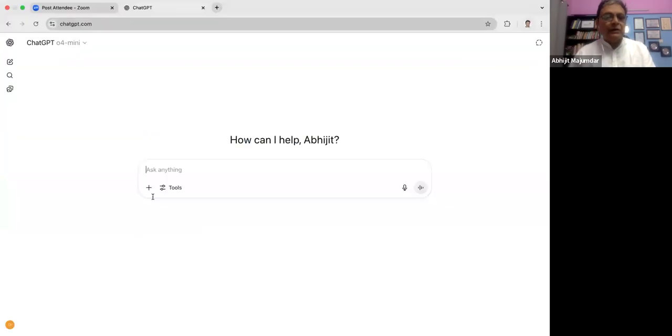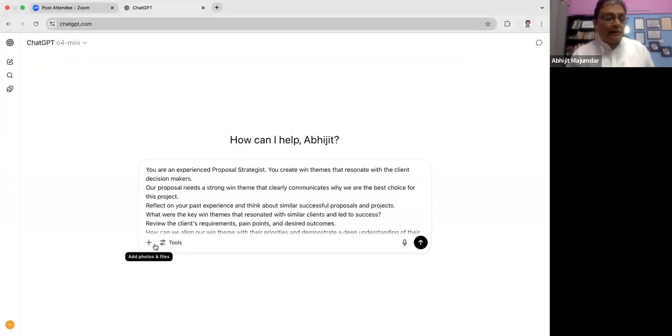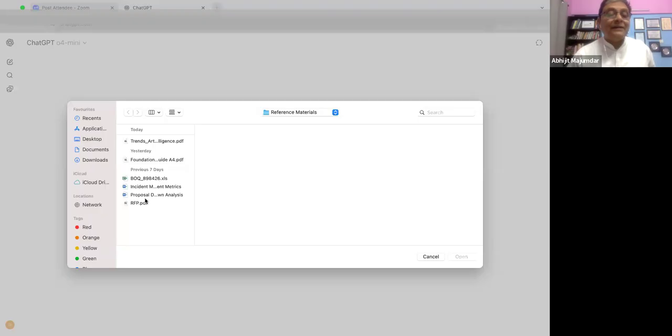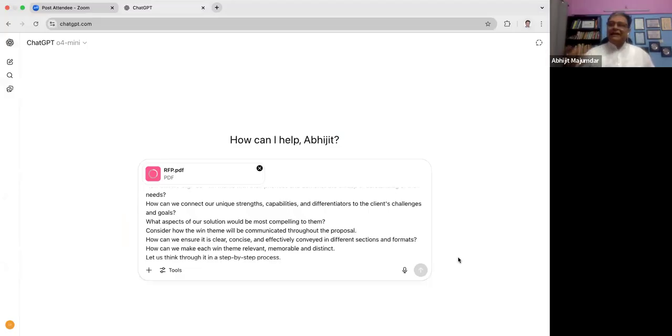So let me go here. Again, I am asking it to use its own internal training. When it sees this as an ERP requirement in the RFP, it will try to draw on its knowledge of ERP proposals, see what the possible Win themes are, and use that internal knowledge. But you can always use your own and write the prompt in a way that asks it to refer to your proposals.